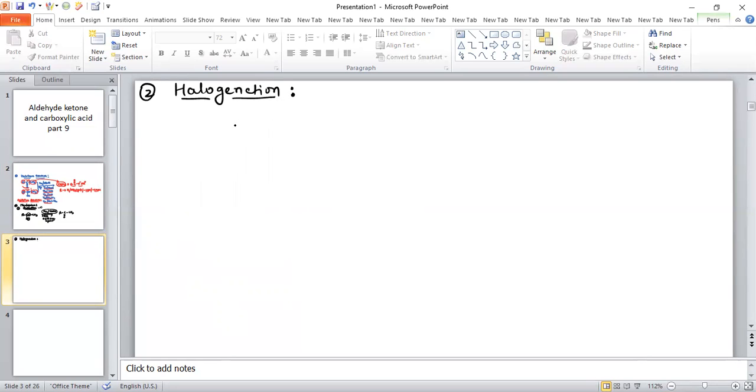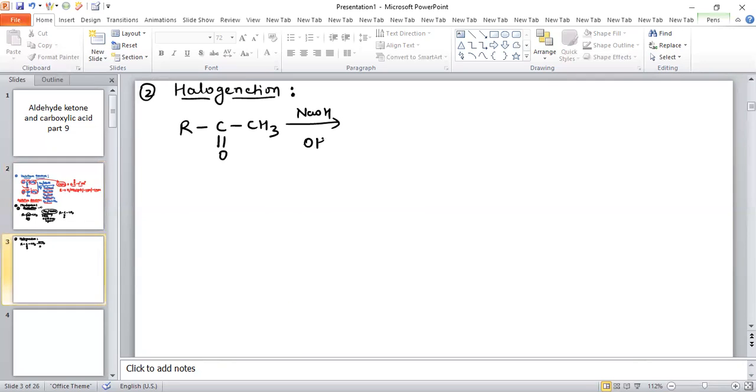Now see what happens in this case. The group given is basically R, C double bond O and CH3. Halogenation means hydrogen is removed one by one and halogen will be substituted in place of hydrogen. So when you add NaOH,